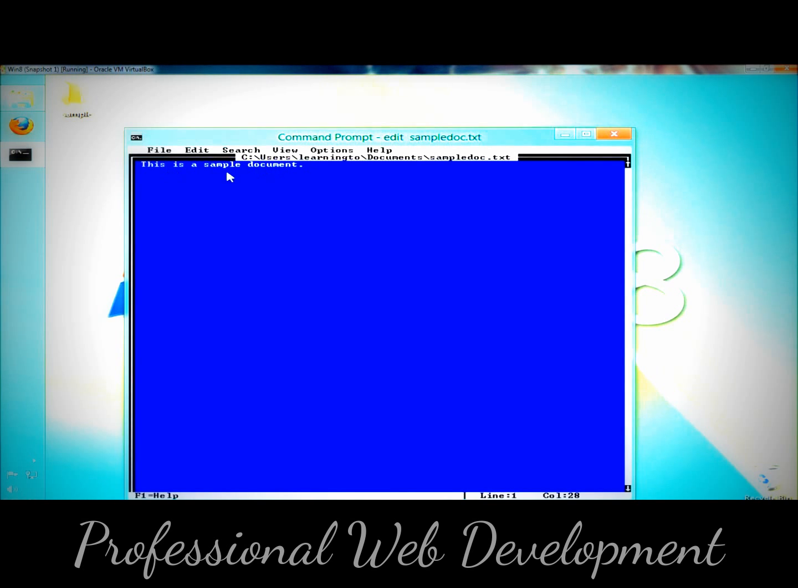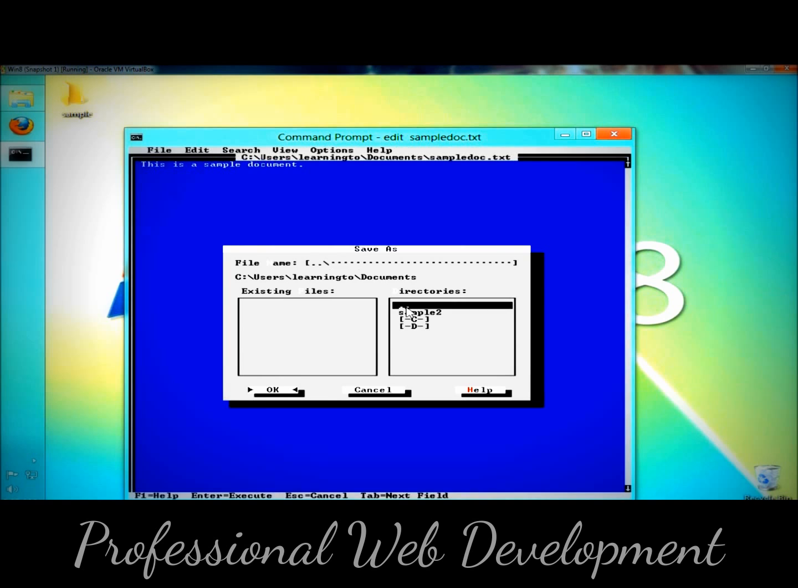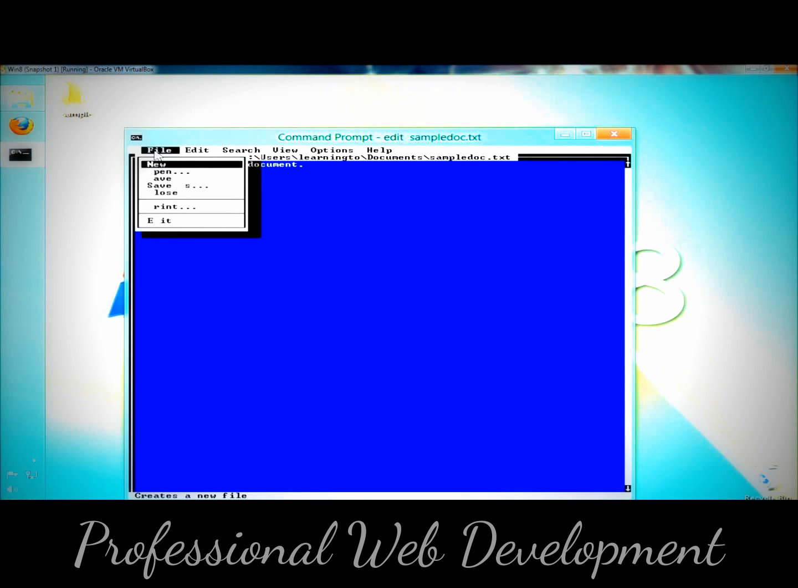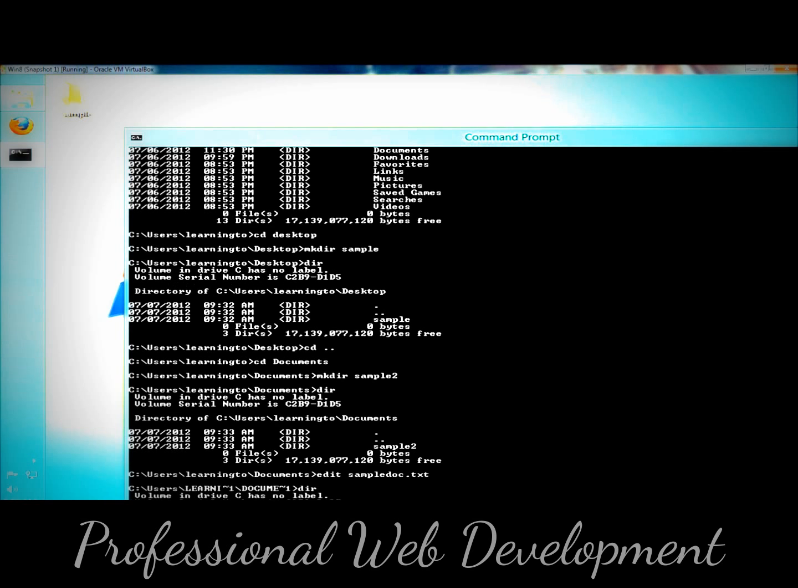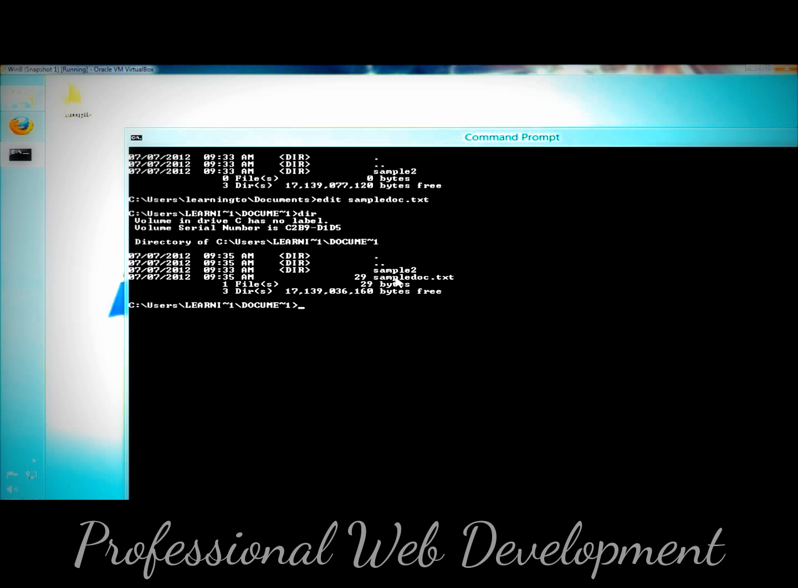Once I've finished adding text into the document, I'm going to click File, Save As. I'm going to highlight the two periods and click OK. Next I'm going to highlight Documents and click OK. And then I'm just going to click OK again. And now I want to exit the editor, so I'm going to click File, Exit. And in the command prompt, I'm going to run the dir command. And this shows you here I have a sample2 directory, and I also have the sample text document within the